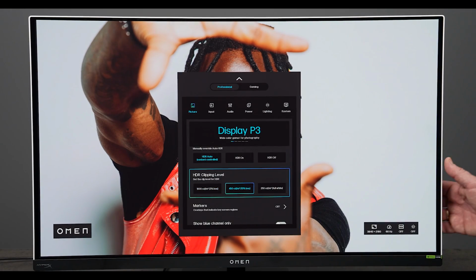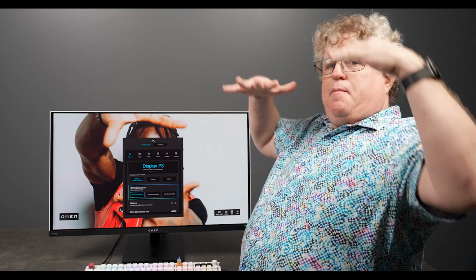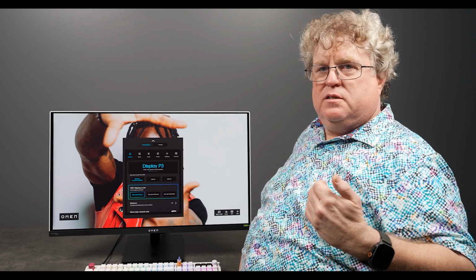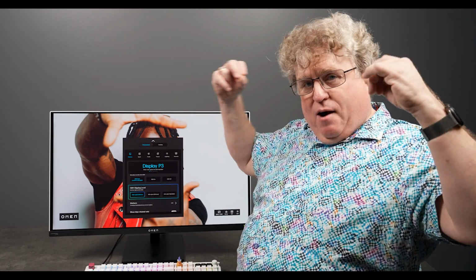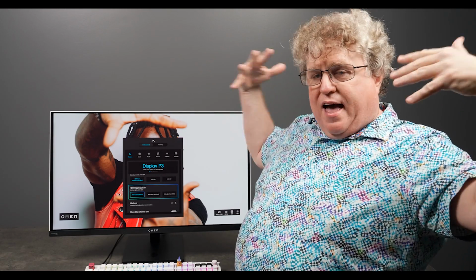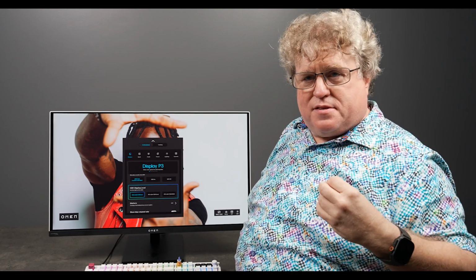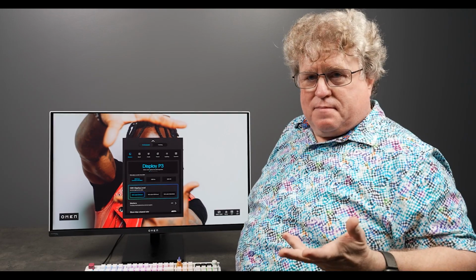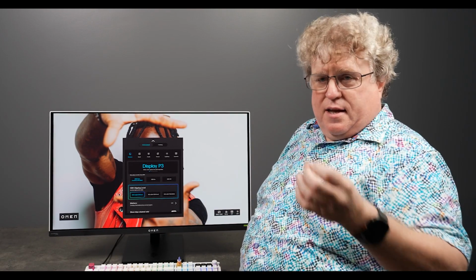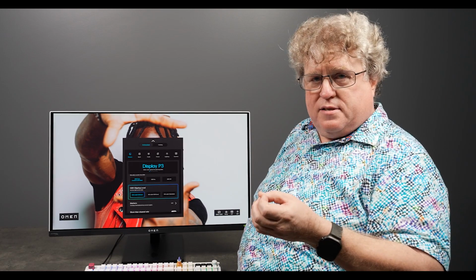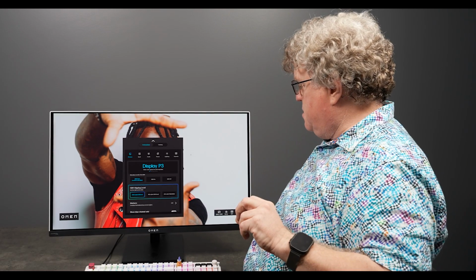Now let's talk about HDR clipping level. The reality of an OLED monitor is that you're always power limited. That means that as you brighten up a pixel, it is drawing more power. If I try to brighten up the entire screen, I can hit my power limit if I try to brighten everything, for example, up to 1000 nits. It just can't do it, okay? OLEDs are evolving and they're much better now than they used to be, in that we can get more pixels bright, but we still have these limitations.